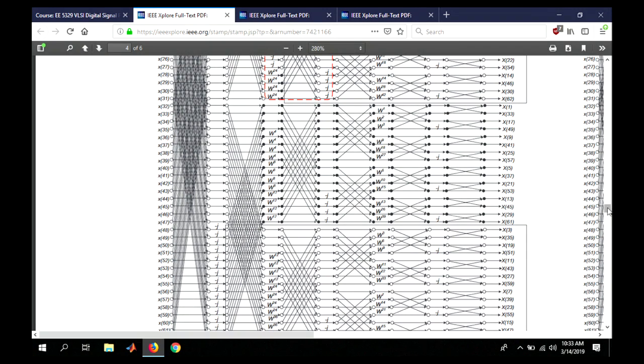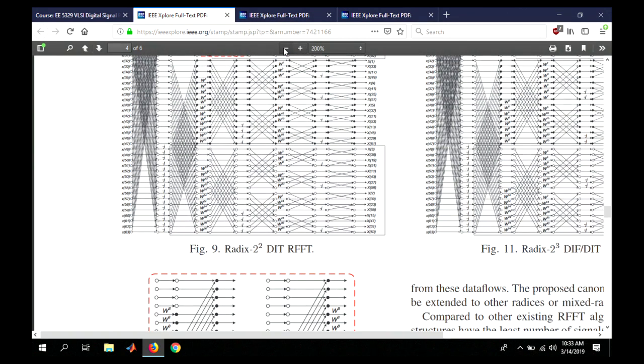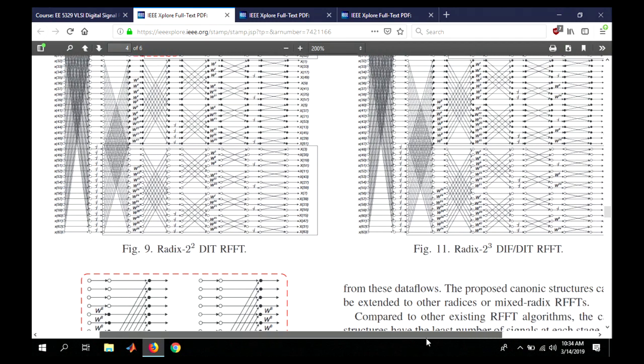You learn to draw diagrams like these and learn how to write, and that's really what I want you to turn in your final report. Will you be able to turn in handwritten diagrams or nicely drawn diagrams? Well, some of you will do nicely drawn diagrams, some may turn in handwritten. Whatever it is, the intent is for you to learn how to write a paper. Okay. So that was radix 2 squared.